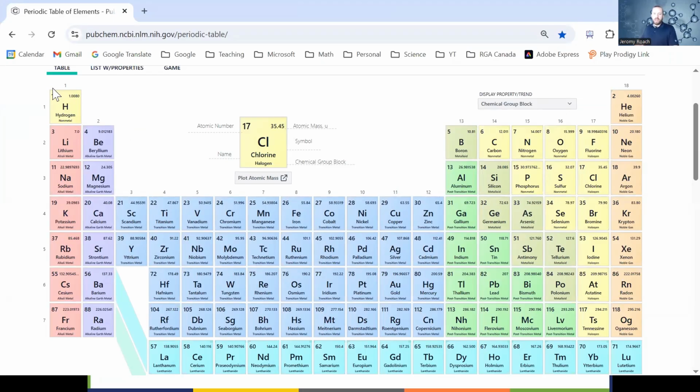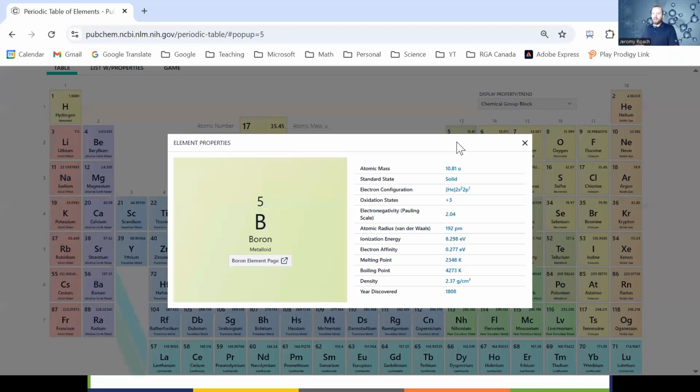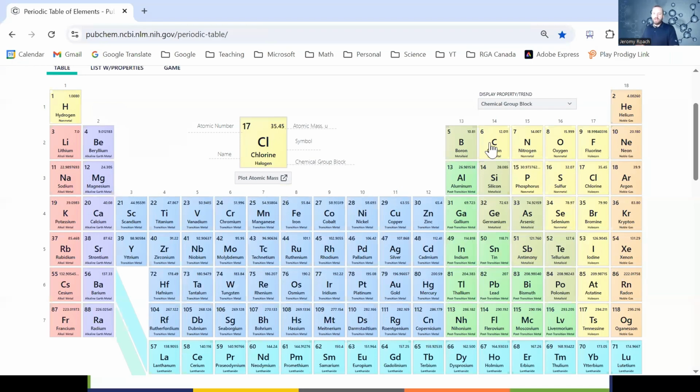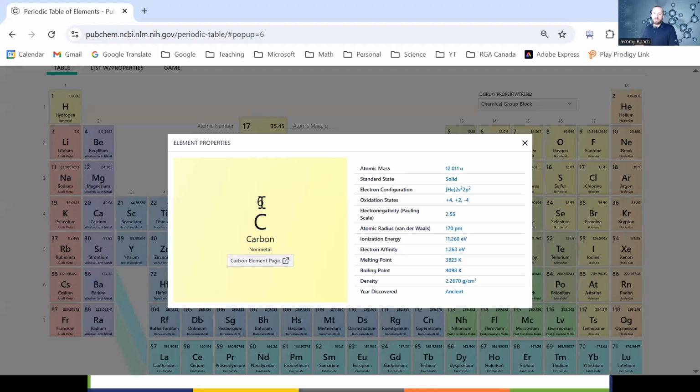Hydrogen has 1 proton, and that's what makes it hydrogen. As we continue down the line, we can check how many protons each of these elements has. Here's boron, that has 5. Carbon has 6 protons,